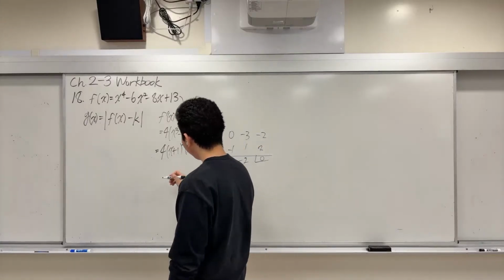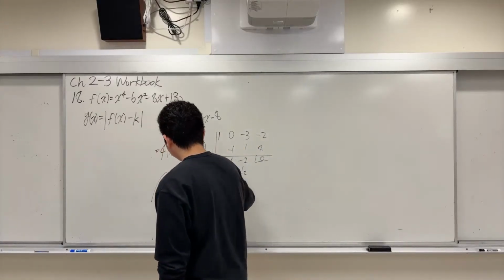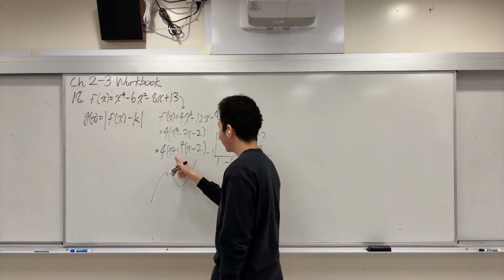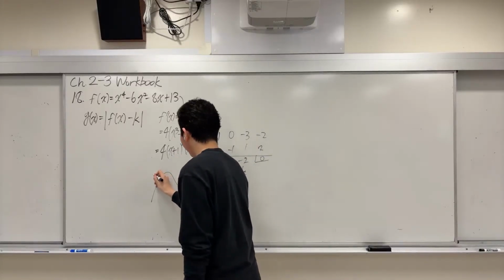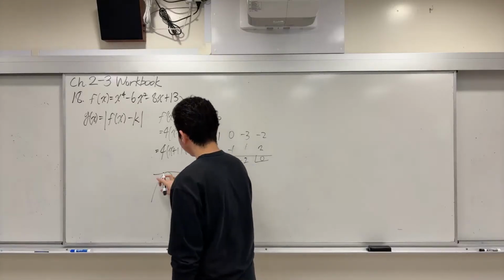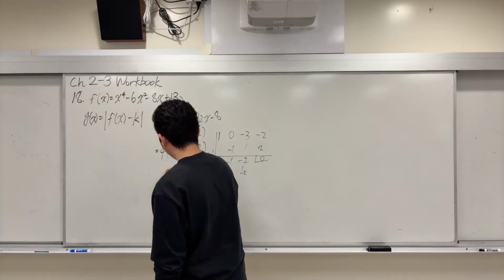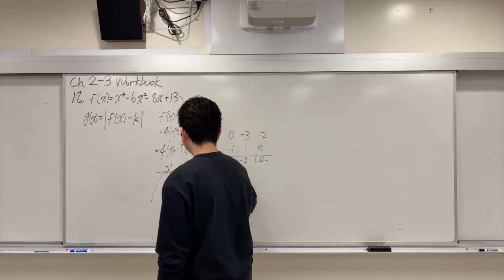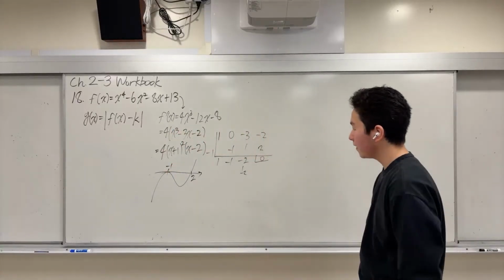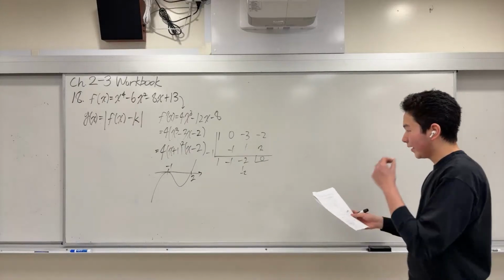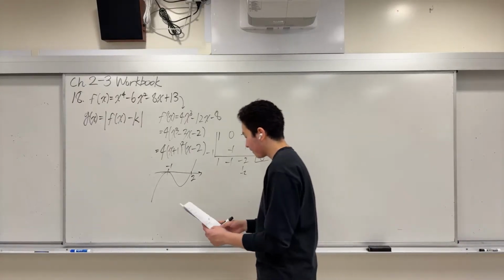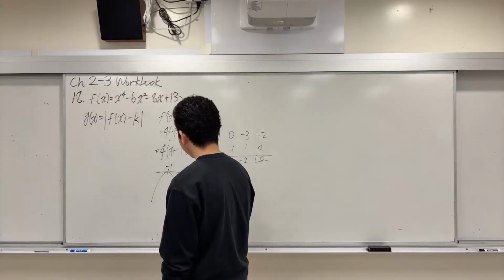Okay, so if we want to graph that, we can graph that right now, right? So we have x plus 1 and x minus 2. This is a double root at negative 1, and since negative 1 is smaller than 2, we can sort of draw the x-axis here. This is going to be negative 1, this is going to be 2. Okay, so now we have our derivative like that, and we can draw our quartic function based off on that. So this is f prime of x,